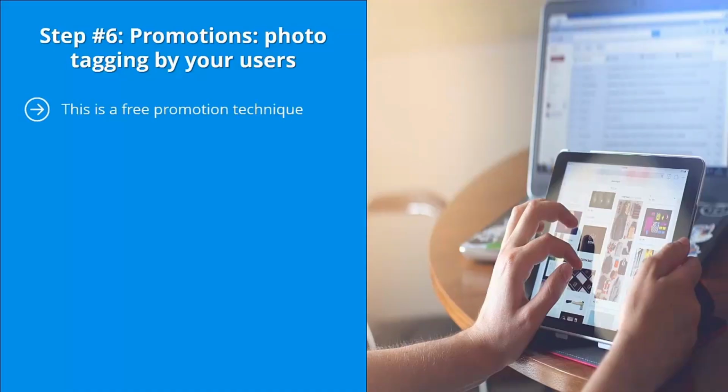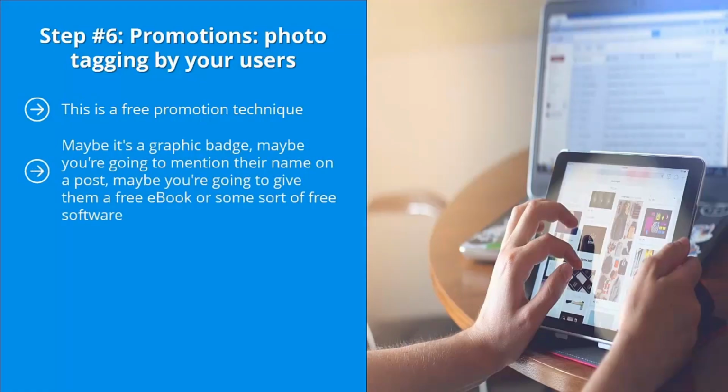Step number 6, promotions, photo tagging by your users. This is a free promotion technique. Tell your page fans that you're going to give them some sort of digital freebie. Maybe it's a graphic badge. Maybe you're going to mention their name on a post. Maybe you're going to give them a free ebook or some sort of free software. Whatever the case may be, tell the people who like your page to tag their friends on photos that you're